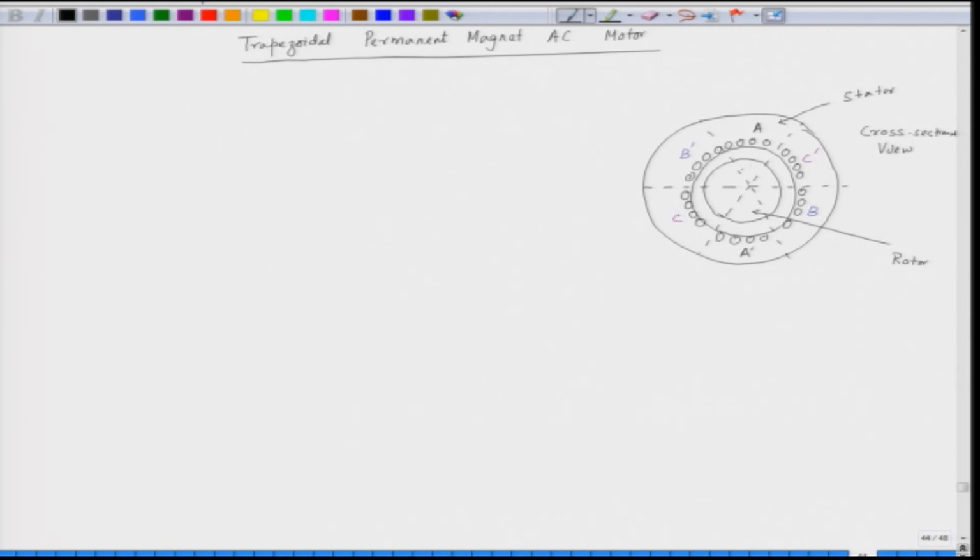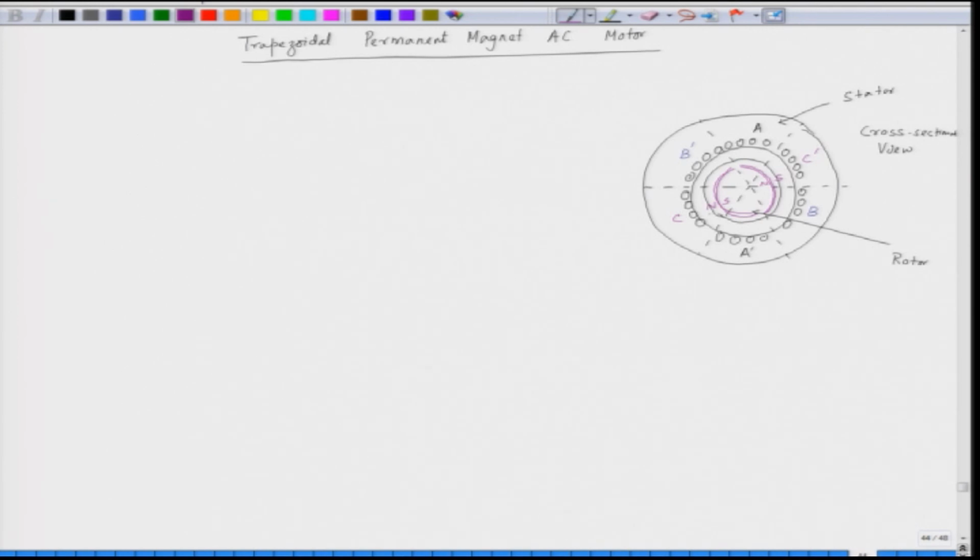And the rotor has got a magnet, and the rotor magnet is of the following shape. The rotor has got a permanent magnet, which is placed like this on one side and placed like this on the other side. So, we have two sets of magnet, and this magnet is creating a south pole and this magnet is creating a north pole here. So, we have a two pole structure, and if this is a south pole, this has to be a north pole. If this is a north pole, we have a south pole below this. So, the rotor has got a two pole structure.